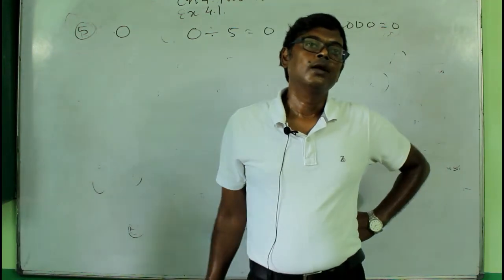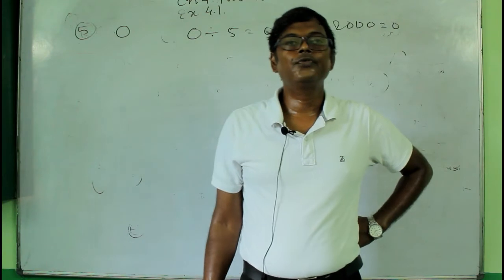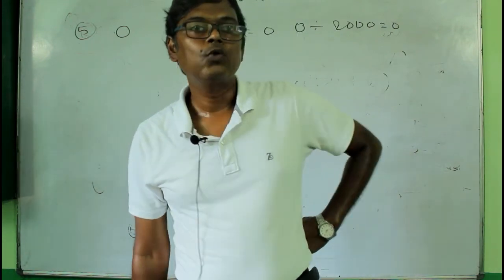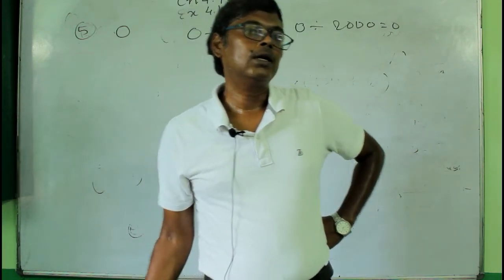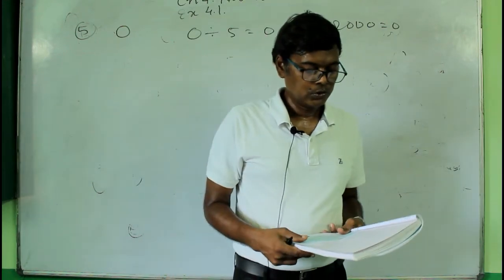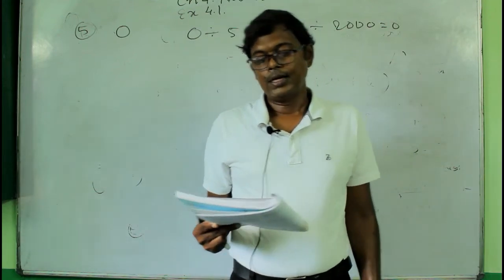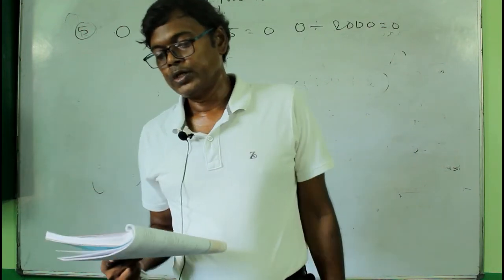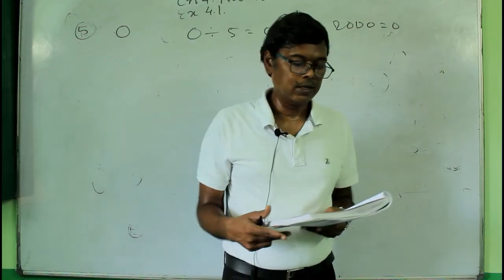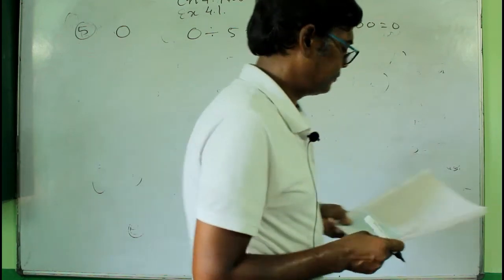Means that if we add 0 to any number, the answer will be the number itself, and when you multiply 1 to any number, the answer will be the number itself again. Okay. So the one is called the multiplicative identity, and 0 is called the additive identity. Now question number 9 I will do. Okay, question number 9.